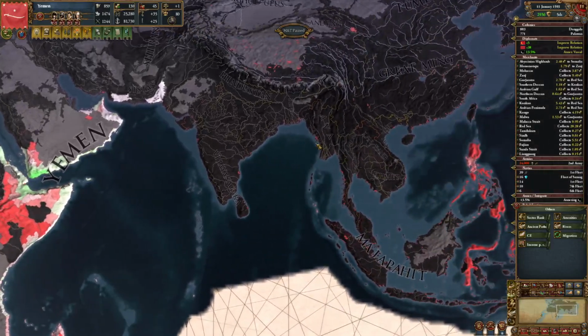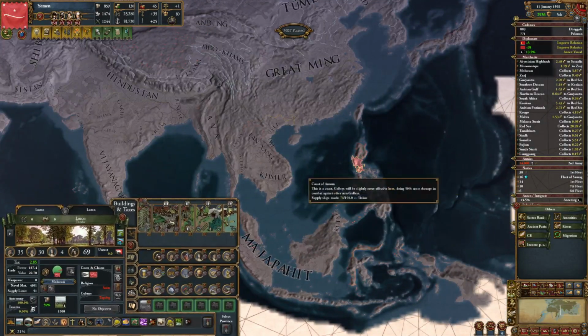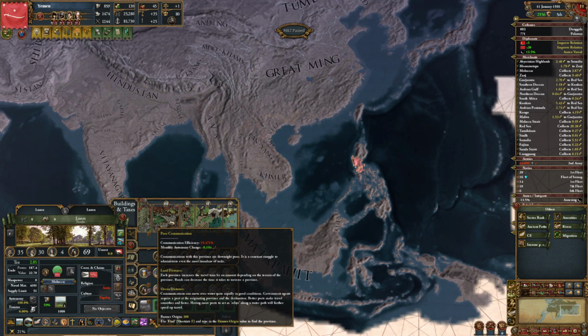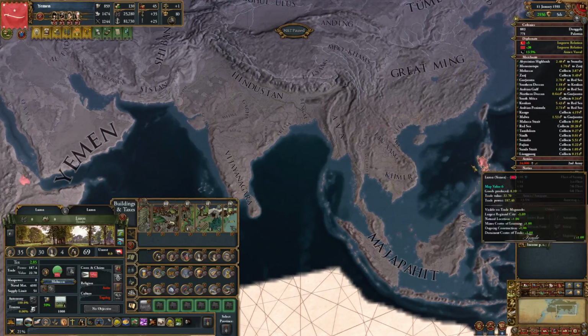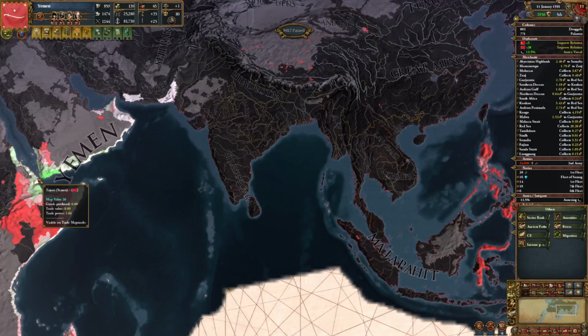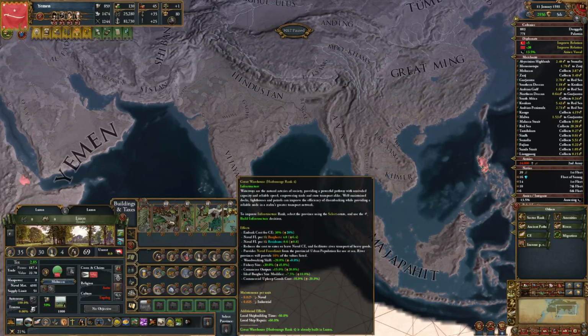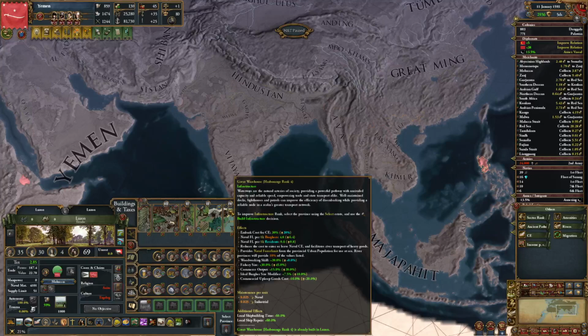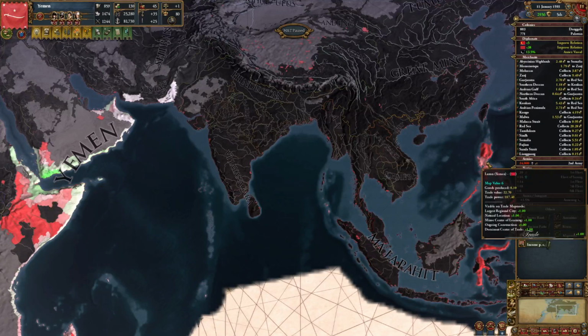And actually, do we have anything here? Yeah, for example, we have a province over here in the Philippines, which is at poor communication, 19%. But it's still 19% despite being like half a globe away already. So you really can improve your reach by harborages. So we had harborage infrastructure 4 here, which is of course quite high already.